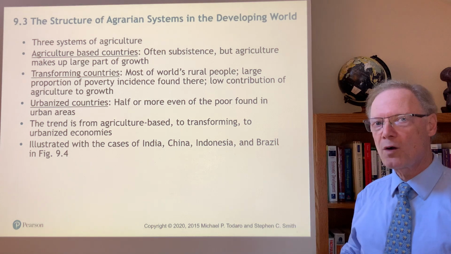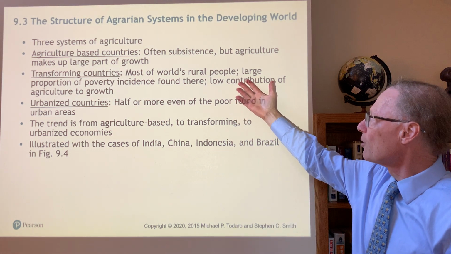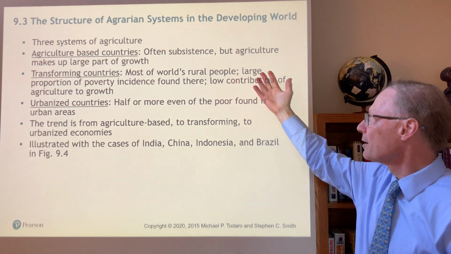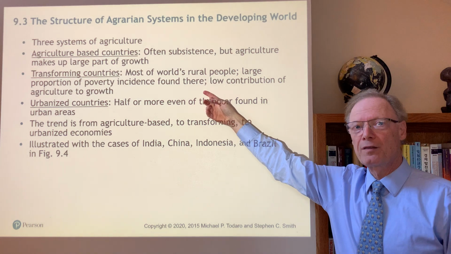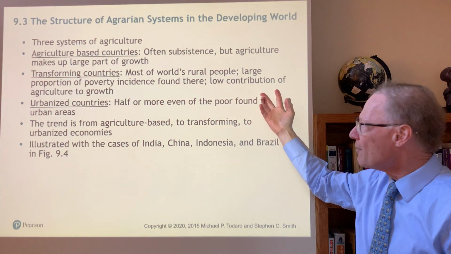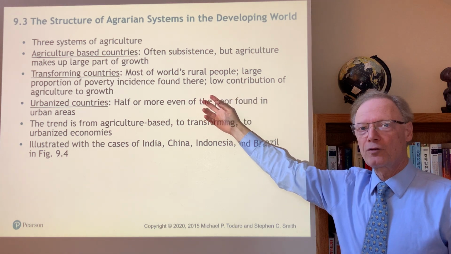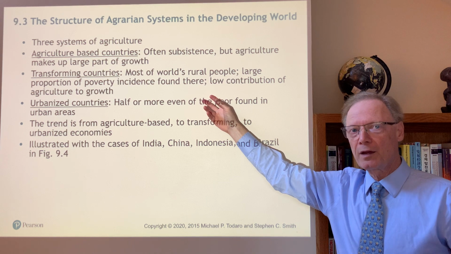Then we have transforming countries. These are where most of the world's rural people are found, such as in India. And there's a large proportion of poverty incidence in these countries and in the rural areas in these countries. However, there's a lower contribution of agriculture to economic growth, as that growth is found more commonly in services and